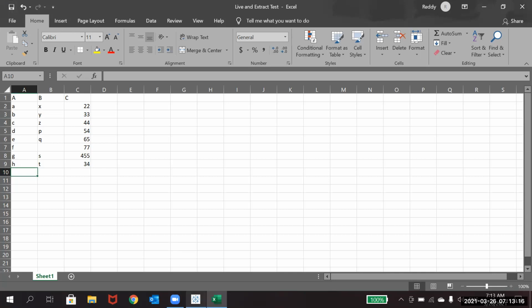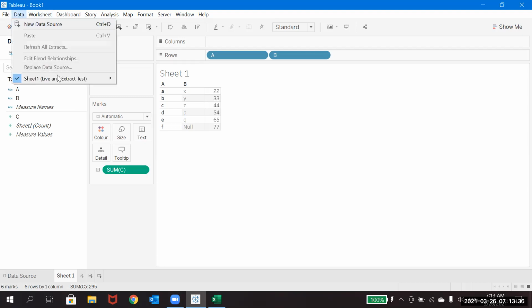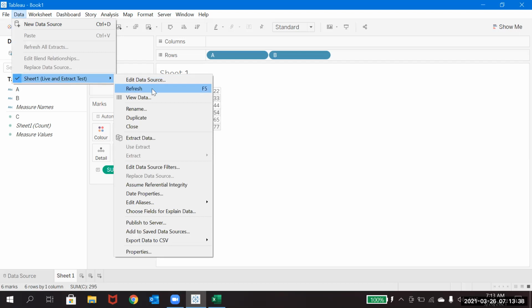Now I'll go to Tableau. To get this information, see, right now it still says F only. We made some change in the Excel file, which is in a live connection. To replicate it here, you just need to go to the data source and click on refresh.